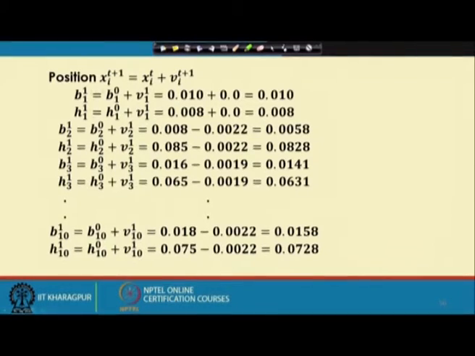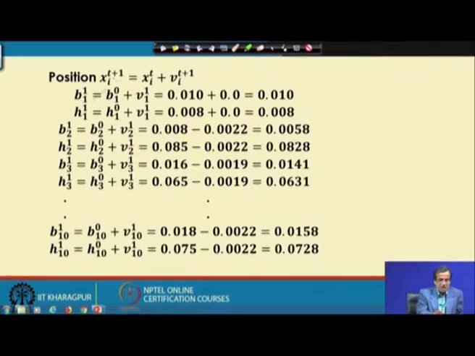Now, to find out the position, this is actually the formula which I will have to use, that is x_i(t+1), the position of the ith particle in the next iteration, that is the (t+1)th iteration, is nothing but x_i with respect to t plus v_i with respect to t plus 1. So, this is nothing but how to update the position of the ith particle in the next iteration. Now, here I just want to mention one thing.